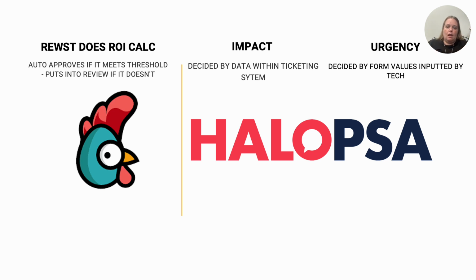But any ticket that doesn't get approved automatically, it's not rejected. It just has to wait for a review. So it goes into a holding pattern so that the use case can be determined by management. This way we're not declining ideas that maybe might be great, but that we don't understand right away, or that the business math doesn't cover.